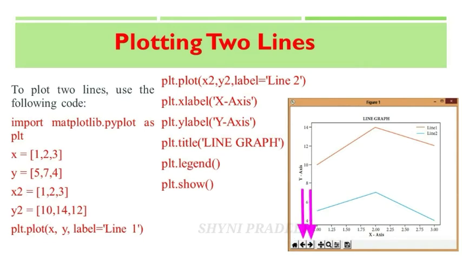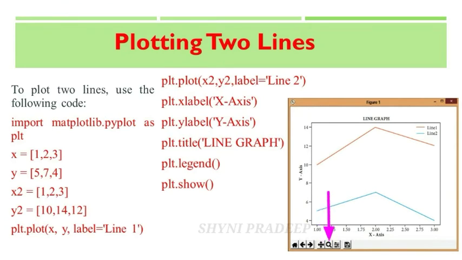Next button is the forward and back buttons. These buttons can be used like the forward and backward buttons in your browser. You can click these two buttons to move back to the previous point or forward to the next point. Okay. Next button is the pan axis button. This is a cross-looking button. It allows you to click it and then click and drag the graph around. Okay. If you want to drag your graph, you have to use this button.